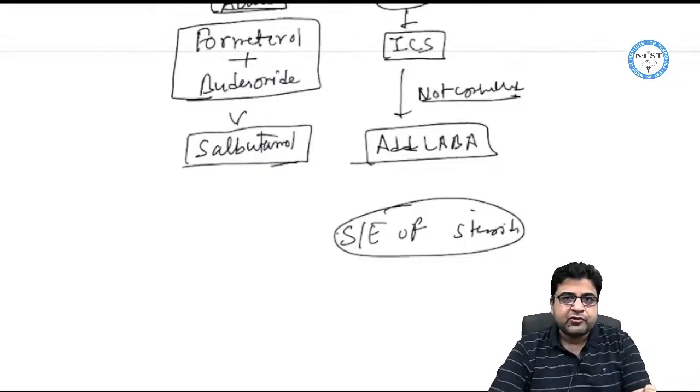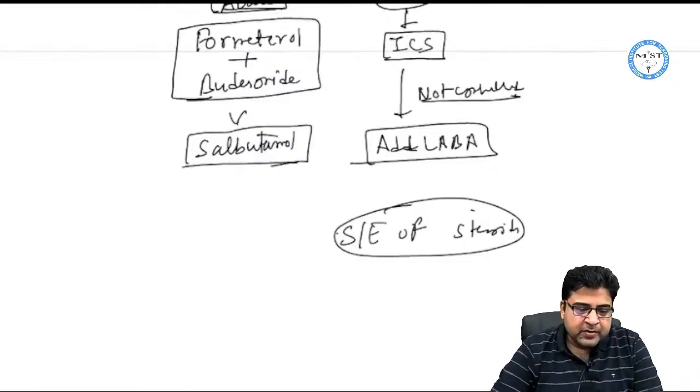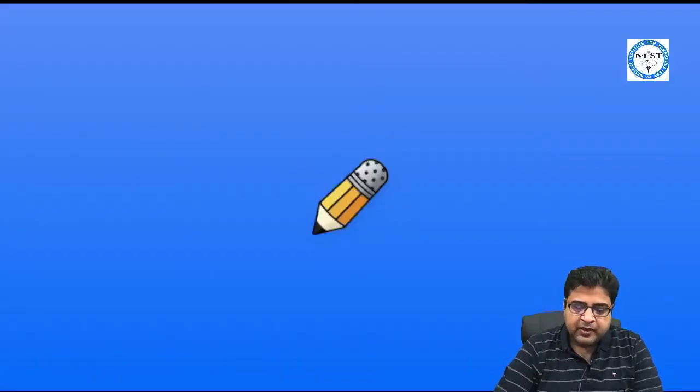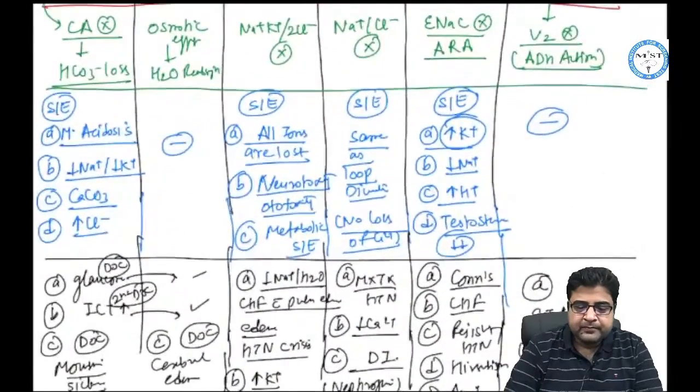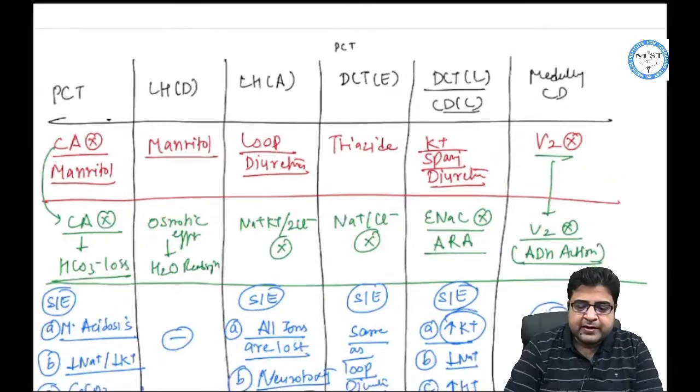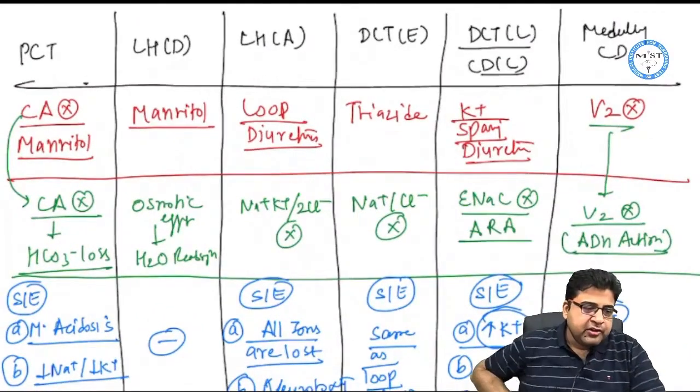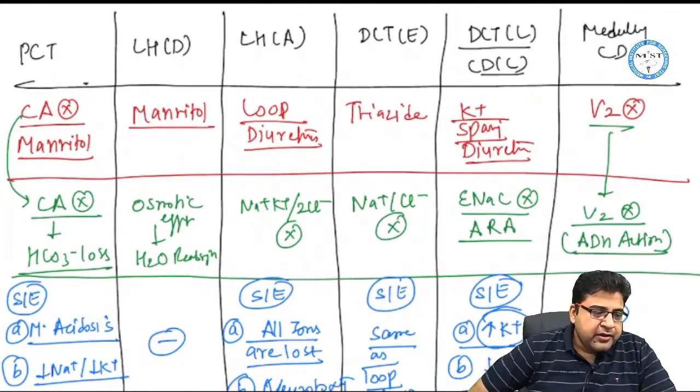So let's move on to the next topic. Autonomic system and respiratory system we have already done. Now next topic is kidney. And in kidney, for generation 3 beta blocker, labetalol